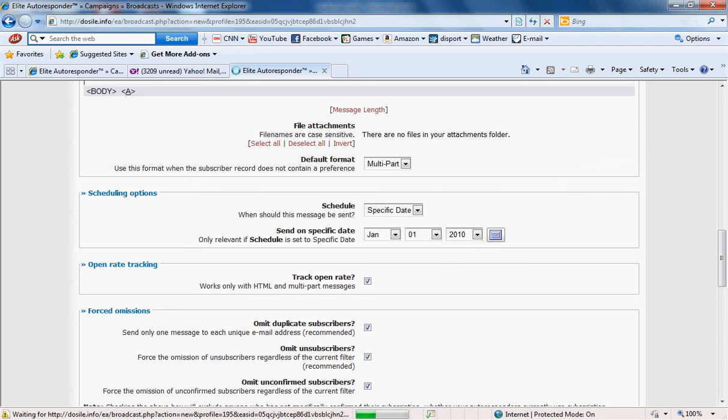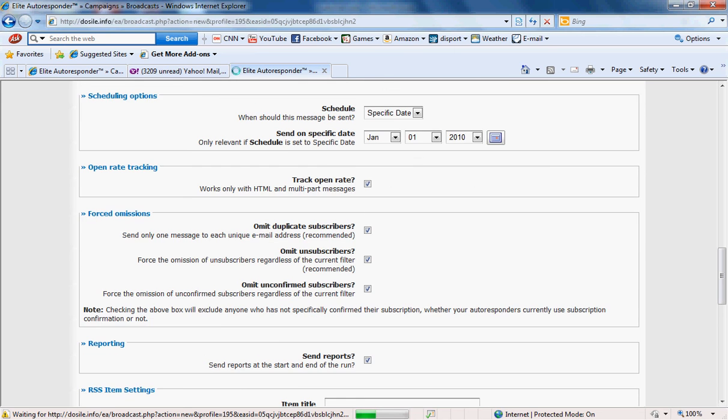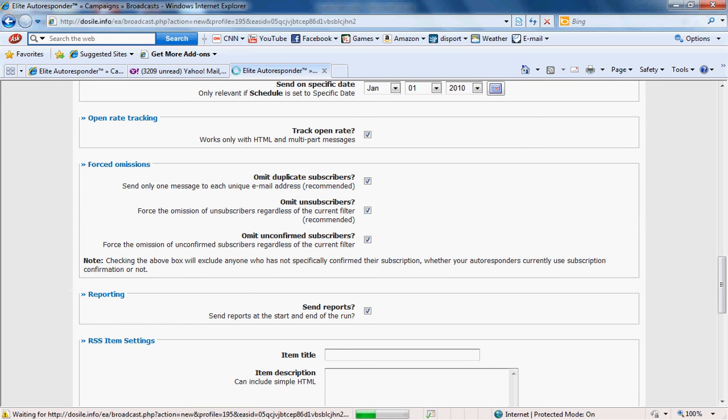Then you can simply just log into this account and see what kind of response, click-throughs, opens that you are getting. Now, you can just leave this box checked, since ultimately you will want to know how many opens you are getting for HTML emails. Under the For Submissions section, it is important that you uncheck the Omit Duplicate Subscribers. Many clients end up having problems when this is checked. The system has a glitch